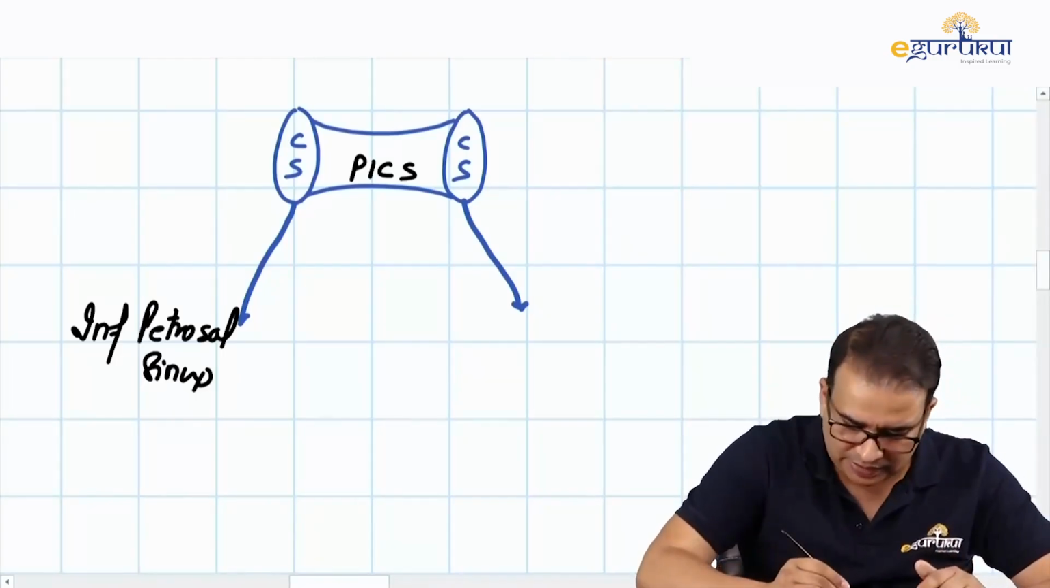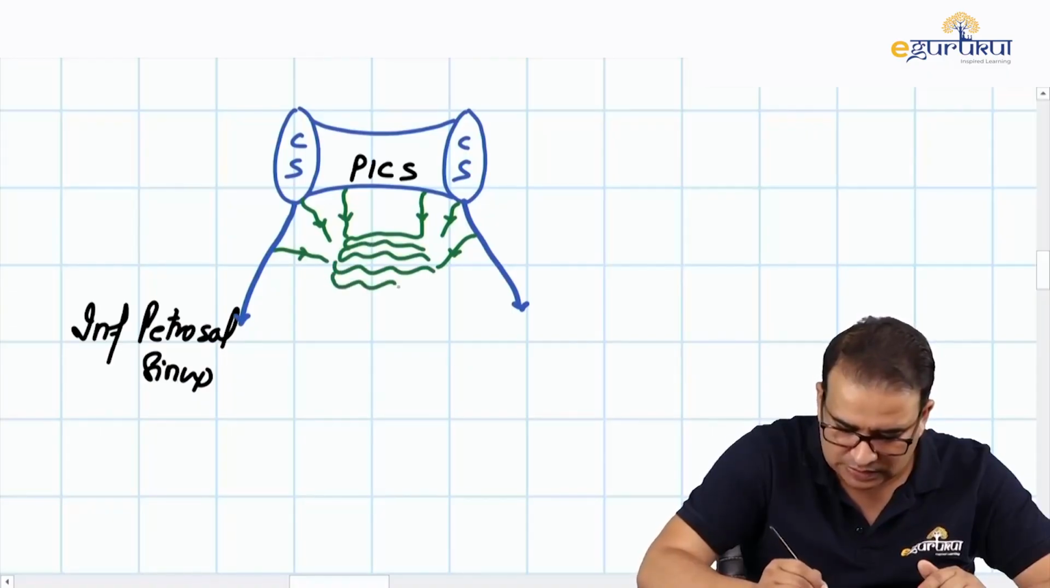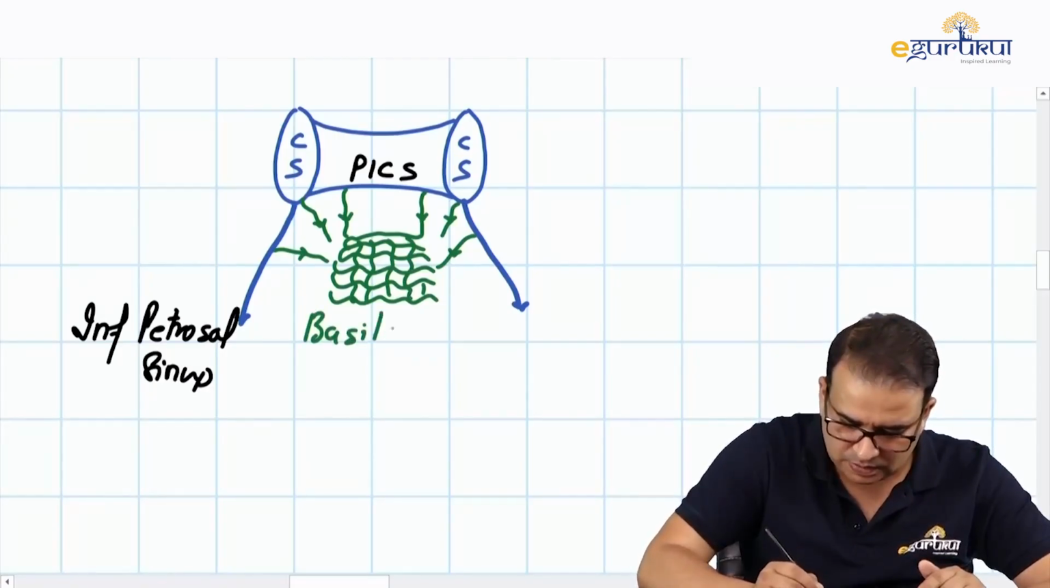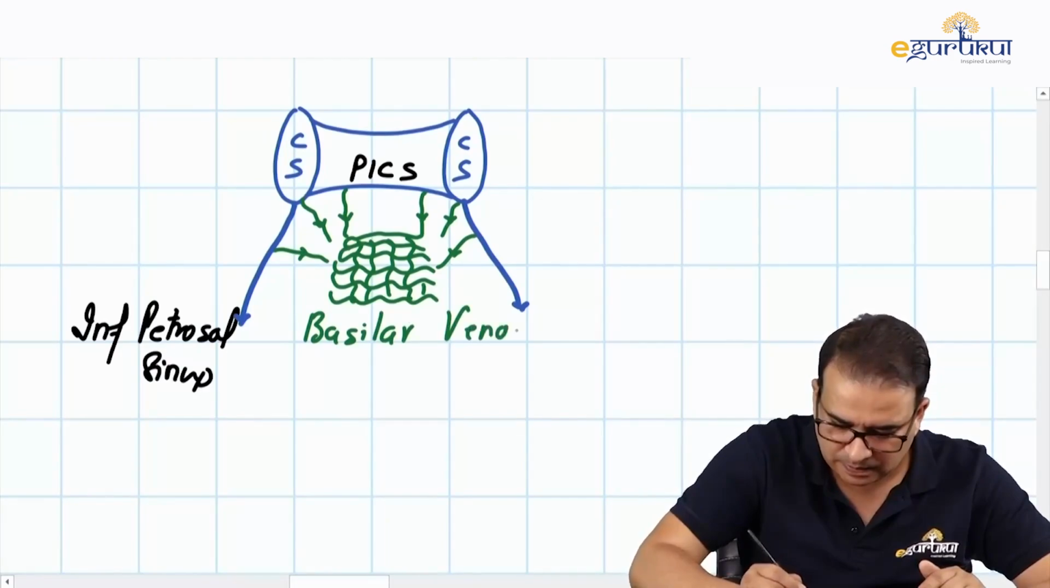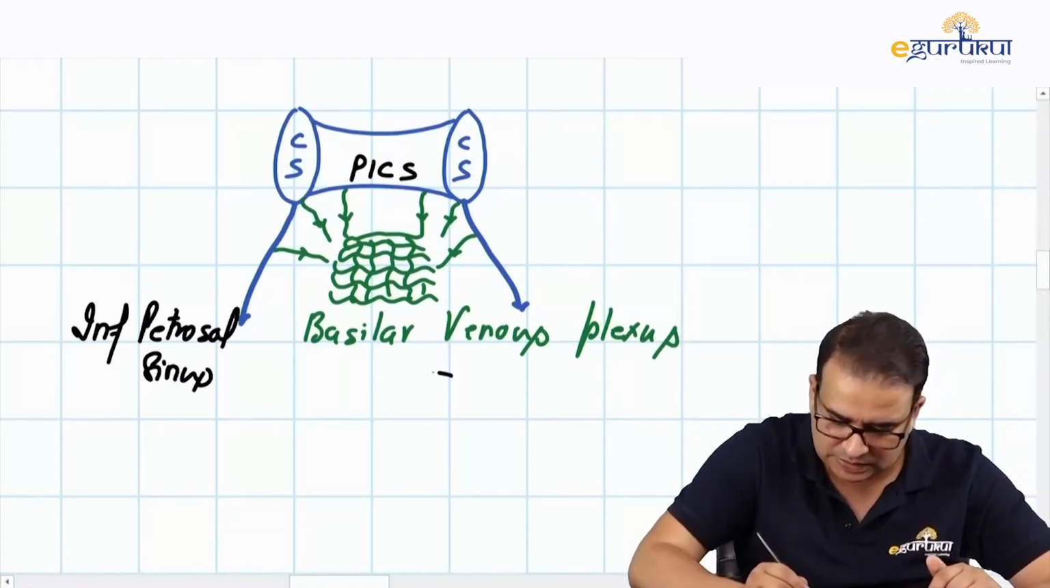Using a different color here, look at some tributaries coming from the cavernous sinus directly, some coming from the posterior intercavernous sinus, and some coming from the inferior petrosal sinus. And that's how together they make a plexus here, and this plexus is called the basilar venous plexus. We call it a basilar venous plexus, and the same basilar venous plexus will be seen continuing out